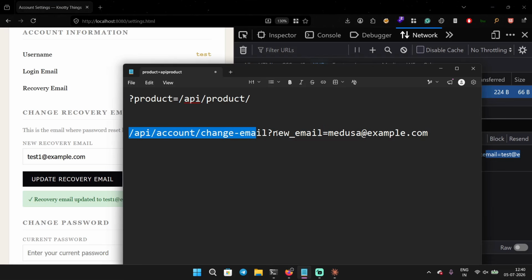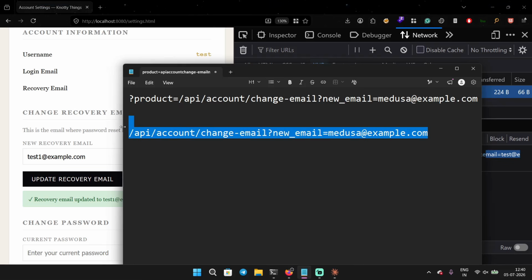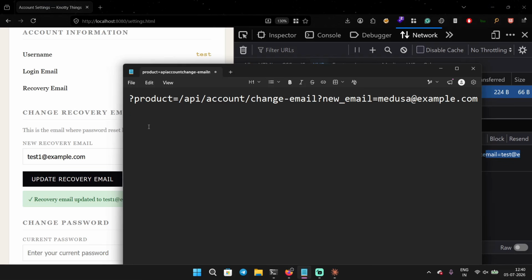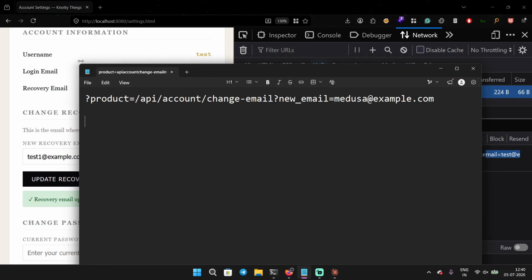So this part is actually going to go over here. That's exactly what we're doing, right? We are exploiting that product parameter because whatever value goes in the product parameter gets appended in an API path, and the application makes a call to that path. And that's why we want the application to make a call to this path. But this is still not correct because we have to add some